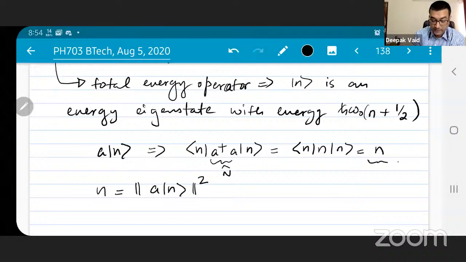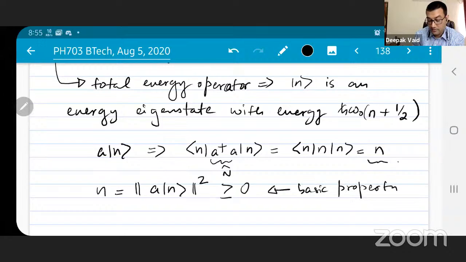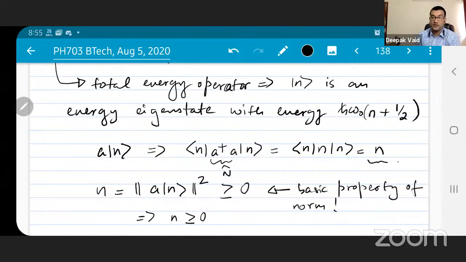And the norm squared of any vector is always greater than or equal to 0. This is the basic property of a norm: the norm of any state is always non-negative. So that means n is also non-negative. Okay. So n has to be greater than or equal to 0,